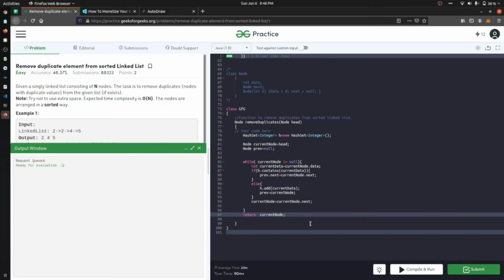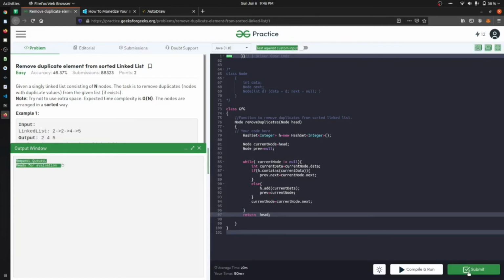I think I have to return head. Here I don't get any output. It means that I am returning this wrong. Okay, so we got 245. Let's just submit it and check whether we get the output right or not.